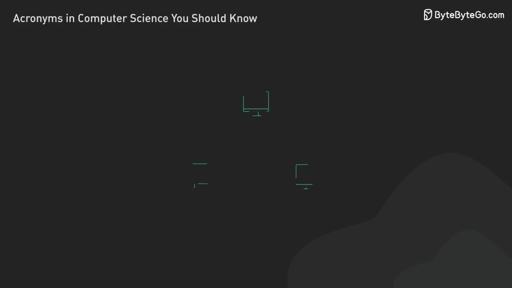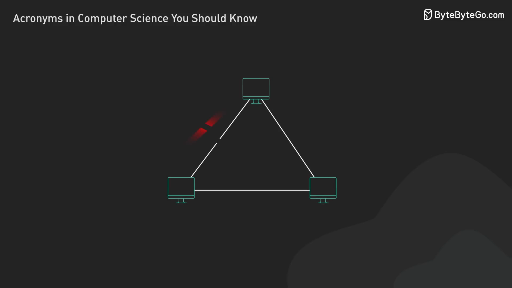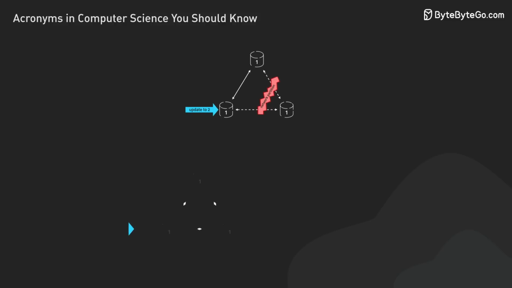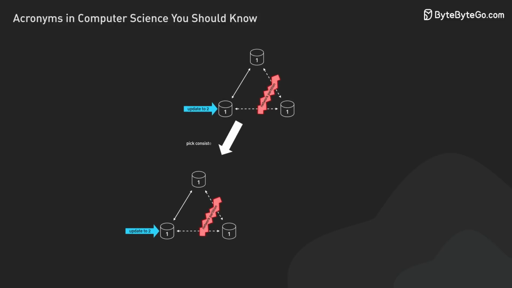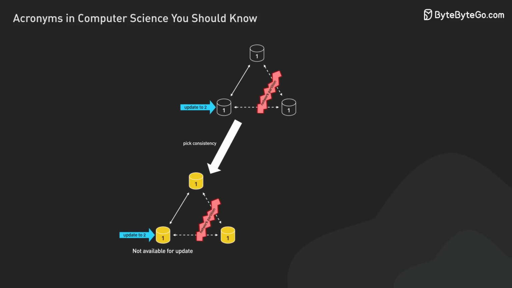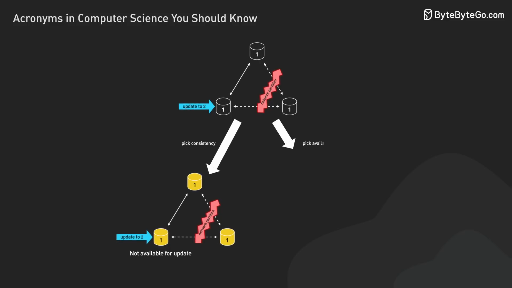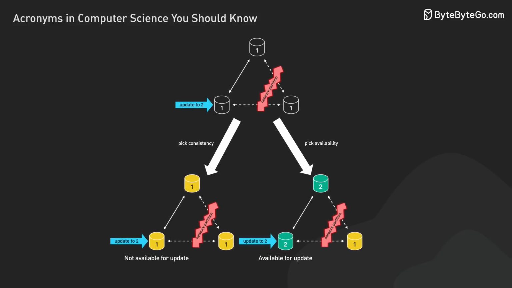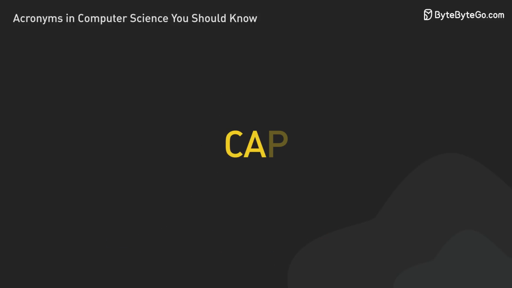Imagine a distributed database where some servers can't communicate with each other due to network issues, a situation known as network partitioning. If we prioritize consistency, some users might receive errors when accessing the database because not all servers have the latest data. But if we choose availability, every request will get a response, even if it might not reflect the most recent updates. The CAP theorem is often criticized for being too narrow, which brings us to the PACELC